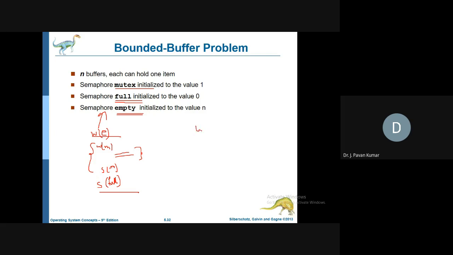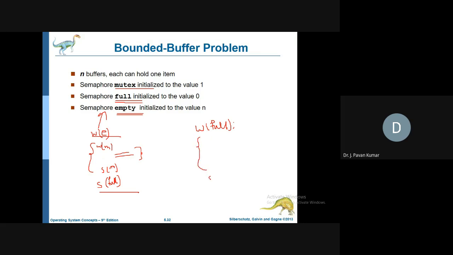Whether any full buffers are there or not to consume, we will be checking. If full is greater than 0, that means at least one item has been produced and it is there in the buffer. Then in mutual exclusion, we will be consuming.